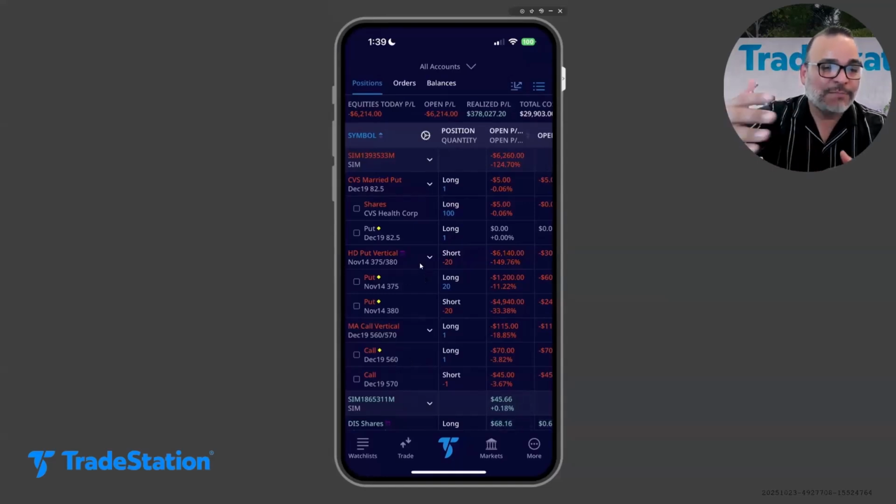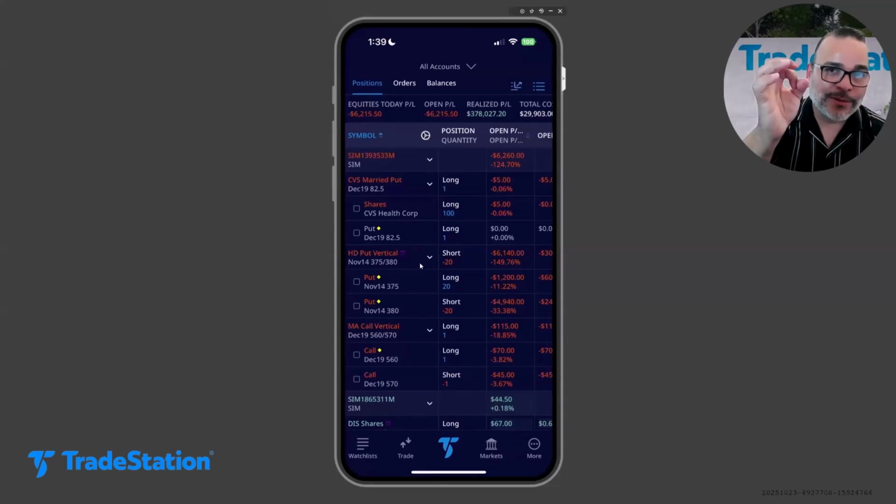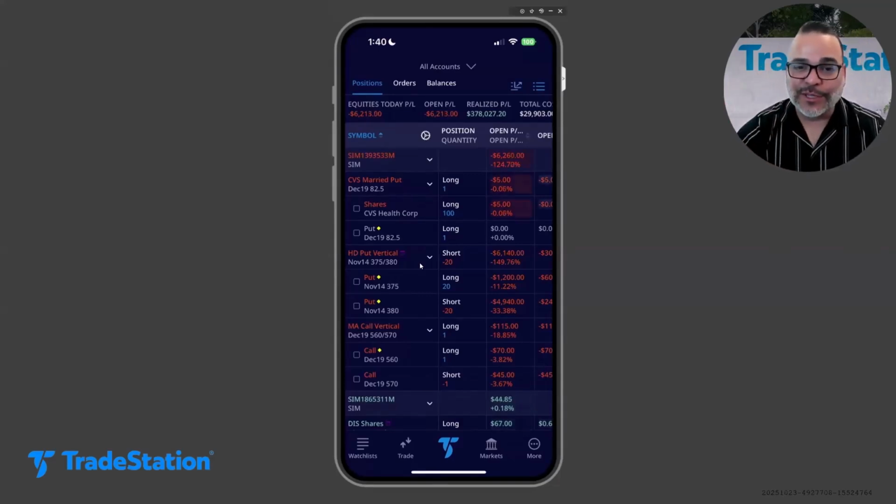So anytime that you expand a view, that yellow diamond will actually tell you which legs are in the money, which is a great visual if you want to take action on any of those legs that are in the money. For my vertical right here, I don't have any other indicators, but if you look up here in my